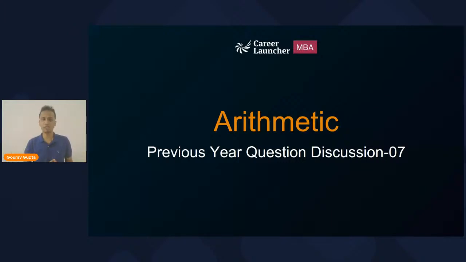Now today in this session, which is arithmetic previous year question discussion, session number 7, from today onwards we are going to start with the discussion of the questions from ratios, averages, mixtures, and allegations, the next very important area that comes in arithmetic. I'll be spending another 4 to 5 sessions in the discussion of every question that has appeared in the last 5 to 6 years of CAT papers, from averages, mixtures, and allegations. We'll be discussing each and every question.